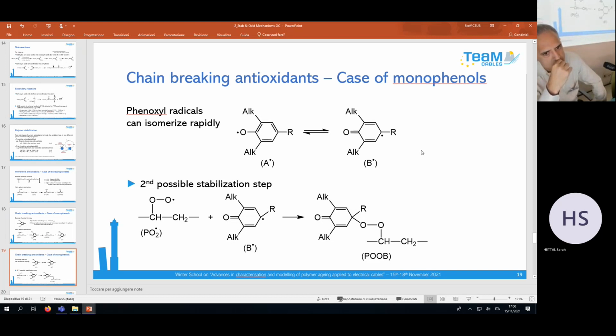In materials stabilized by this type of antioxidant, did you see any modification in the carbonyl region in FTIR or not? For two systems, one stabilized with this type of primary antioxidant and one without any antioxidant, did you see any modification in the FTIR region induced by the addition of this type of molecule? In the carbonyl region? You think that the presence of antioxidant can change it? If you see any difference or not?